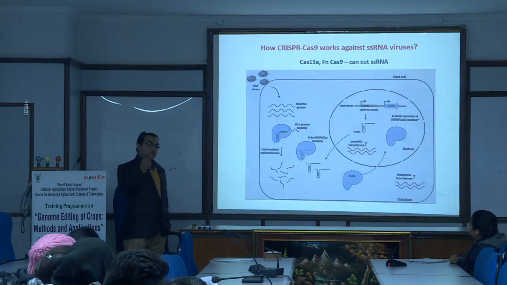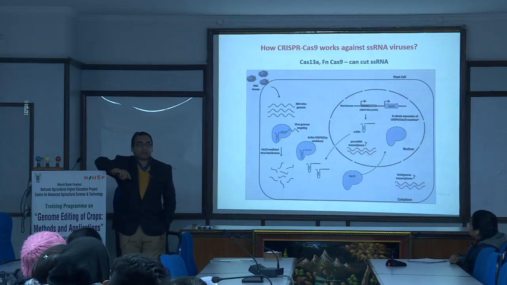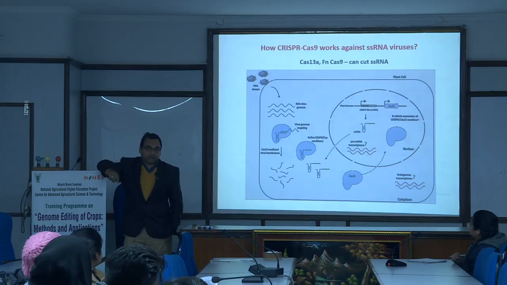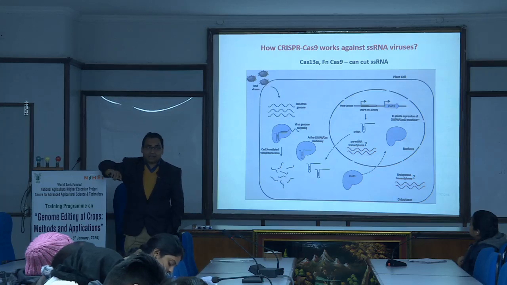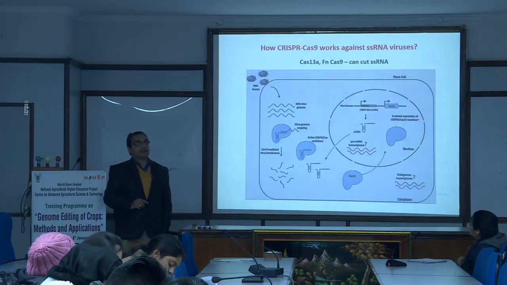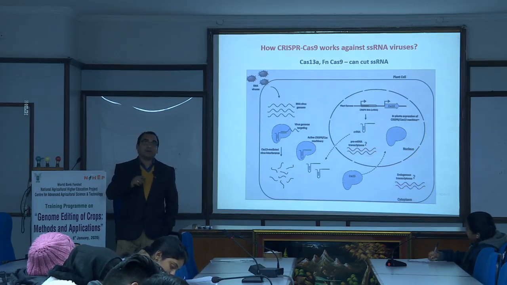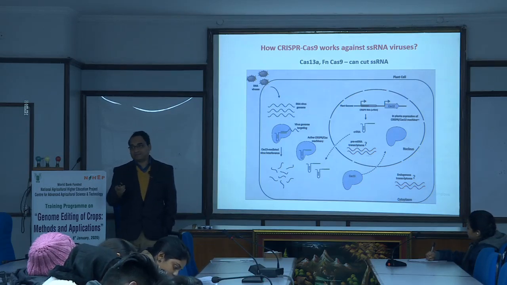Now, in the case of DNA viruses and RNA viruses, the difference is that Cas9 requires a PAM motif for targeting the viral genome, but Cas13 does not require a PAM motif. That is a very important point: anywhere we want, we can target. We do not need any PAM motif, but the problem is that the off-target effect is very high,